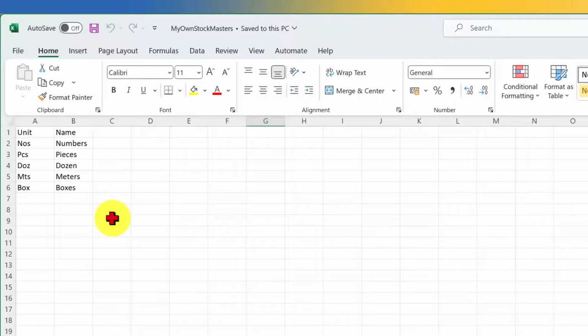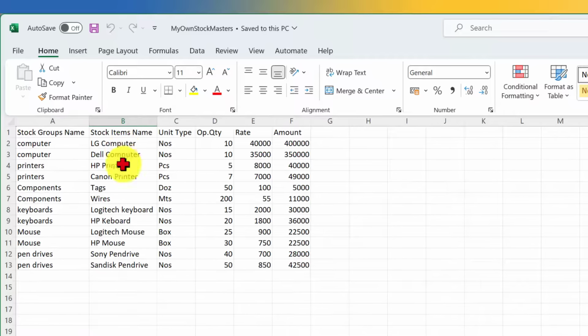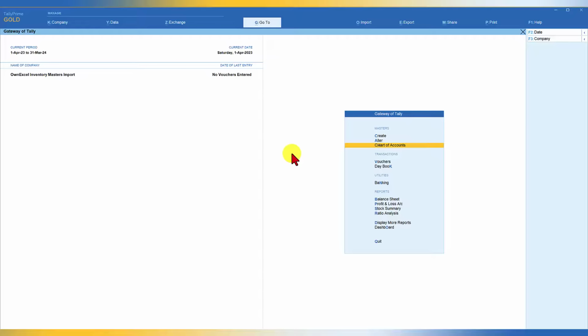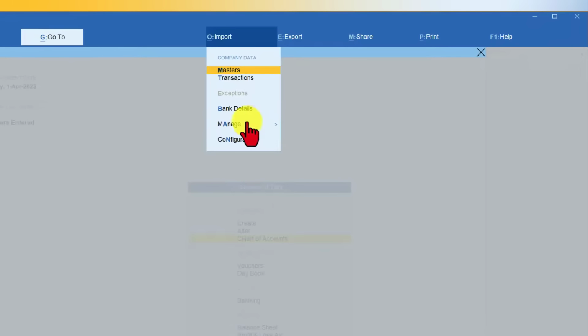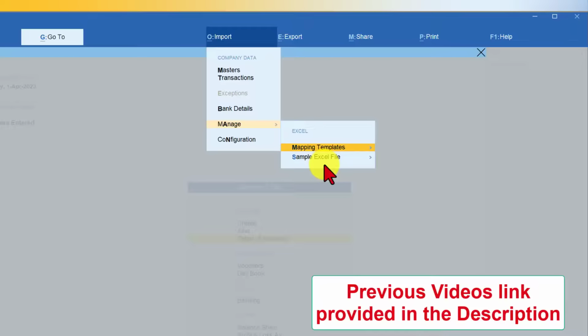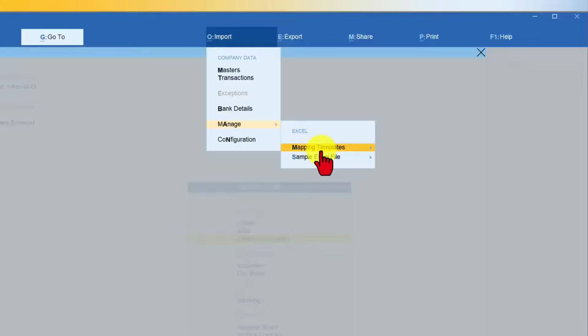So now let us go to Tally and see how we are going to import this master by mapping these fields with TallyPrime's fields. We have 12 stock items. Let's import these stock items into TallyPrime. So you can minimize this Excel file. The first step is mapping of the masters. So how do we do that? Come to import and click on manage. We had discussed about this in the last video also. We have to now map the